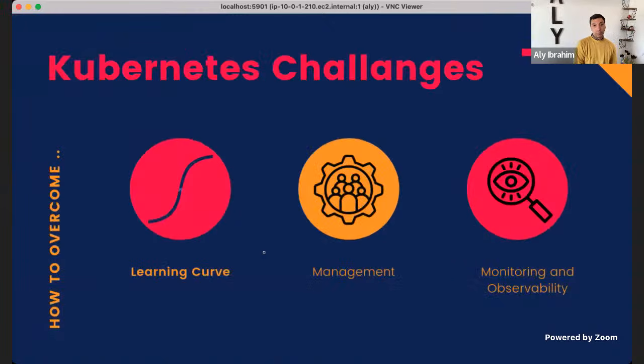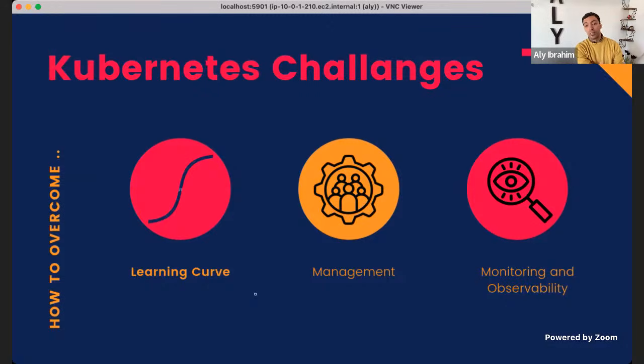With all that, there are still some challenges. Kubernetes is not an easy thing to understand, especially now with the increase of the landscape of applications that the CNCF is providing. It's now very big. It's not something that you can just get in one day. Especially if you're coming from a development background, it's a little difficult to wrap your head around. So part of the challenge is the learning curve. It's a steep learning curve. You start learning about deployments and services, and then you hear someone speaking about something called ingress, and it takes time.